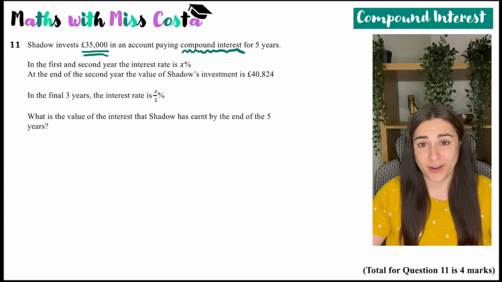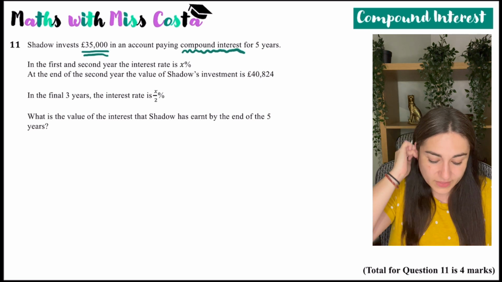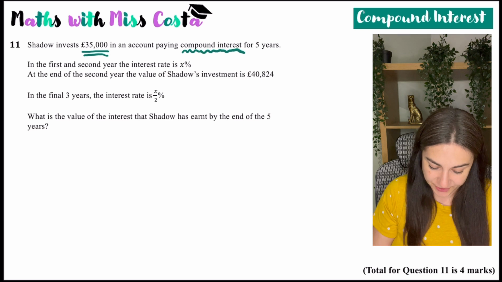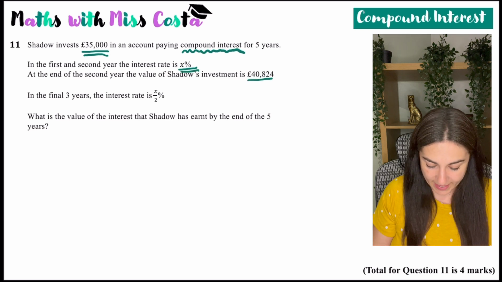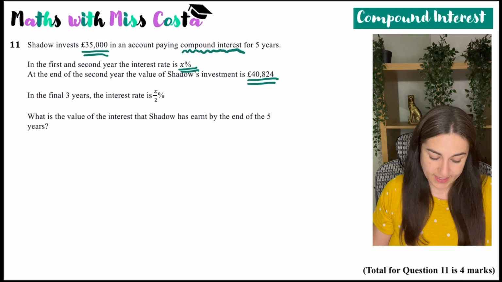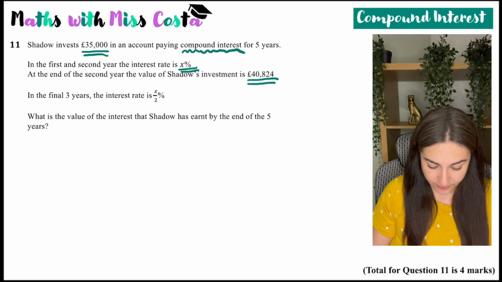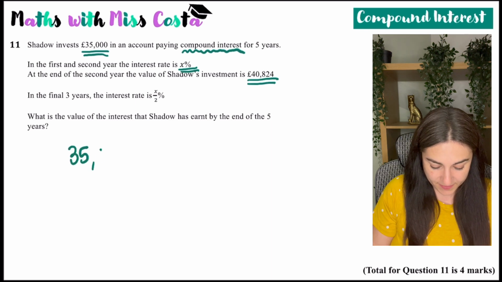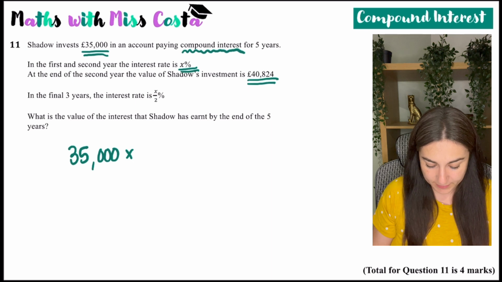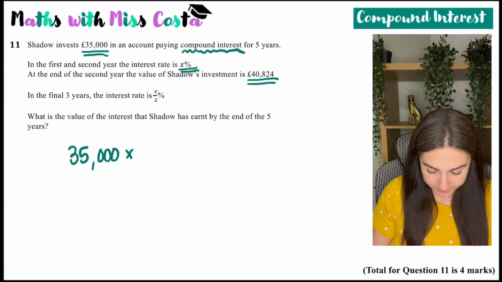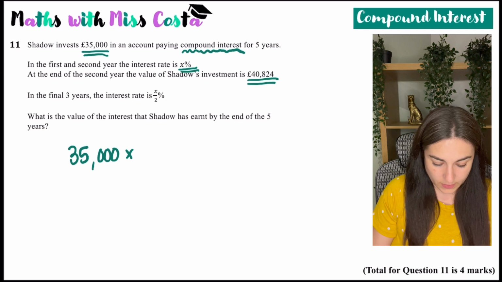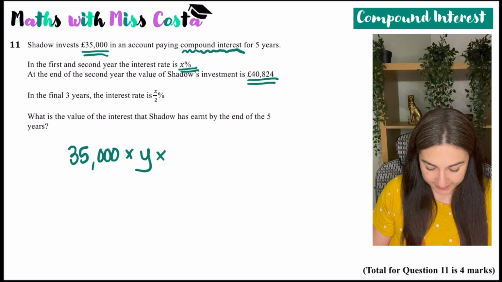So it's a really great way of growing your money if you can find an account with a good interest rate. In the first and second year, the interest rate is X%. I don't know what it is, but I know that at the end of the second year, the investment is £40,825. So 35,000 times by, let's say the multiplier is Y, because I don't want to get confused with X. So Y times by Y is